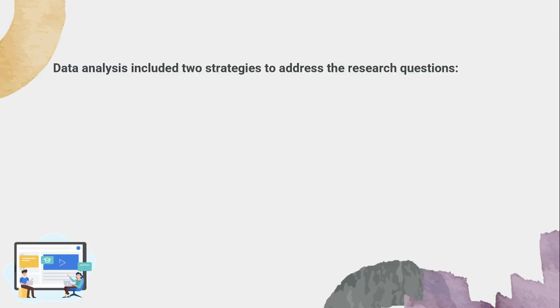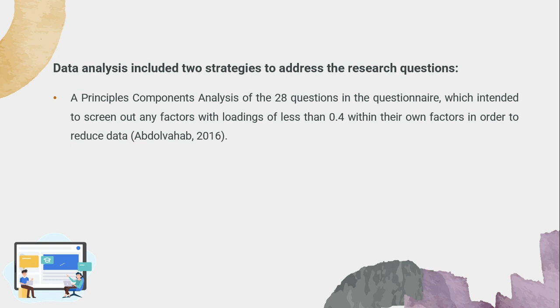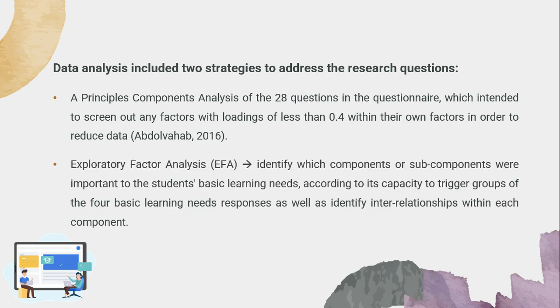Data analysis included 2 strategies to address the research questions. The first was a principal components analysis of the 28 questions in the questionnaire, which intended to screen out any factors with loadings of less than 0.4 within their own factors in order to reduce data. This statement is according to Abdul Fahab 2016, and then the second is